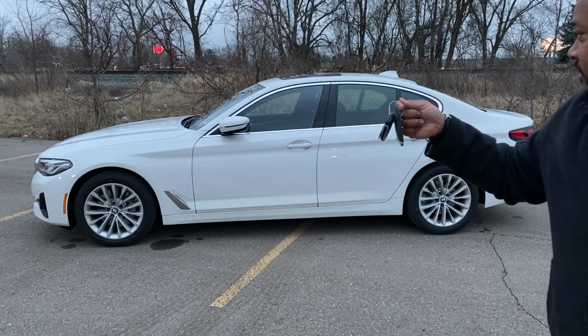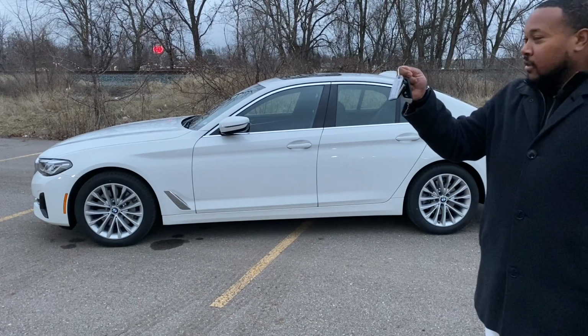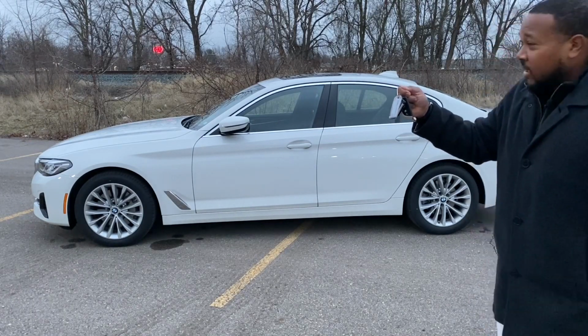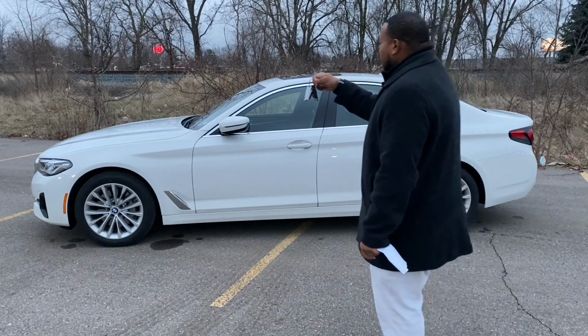Here are the keys. They're in my hand, as you can see. The coolest feature of this BMW to me is the fact that I can just walk up to the car